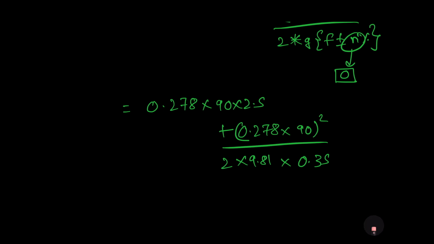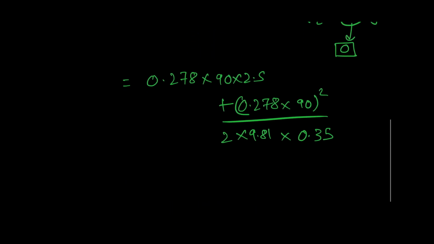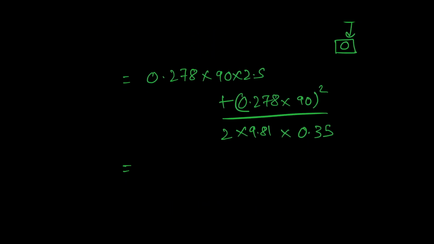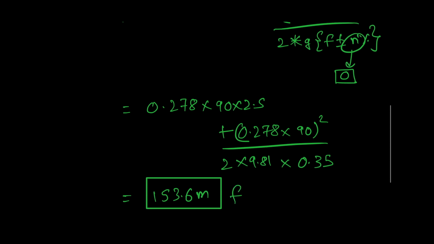The 0.35 has come from the previous value that we have calculated here, right? So this value will come out to be 153.6 meters. Consider this is the stopping sight distance that is required for 90 km per hour of speed,